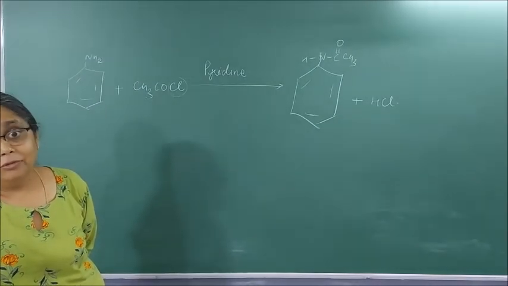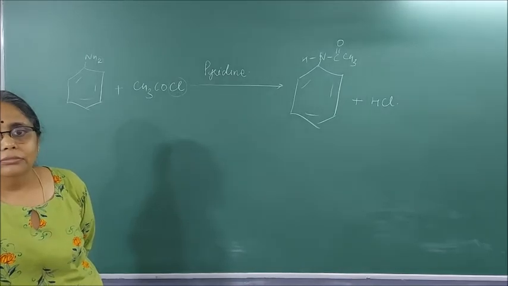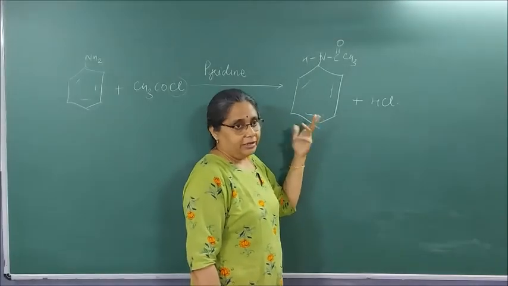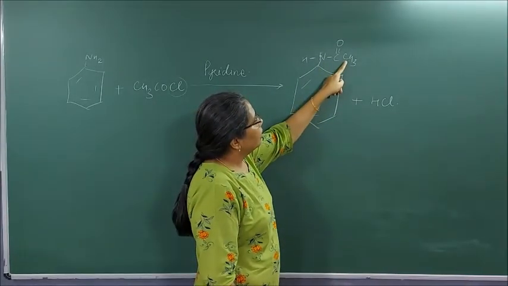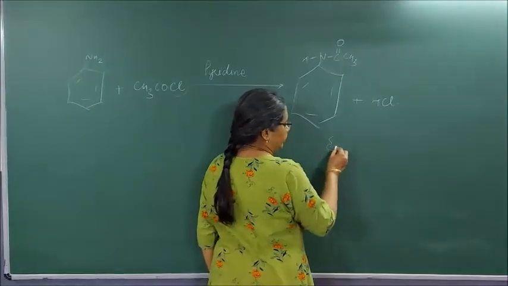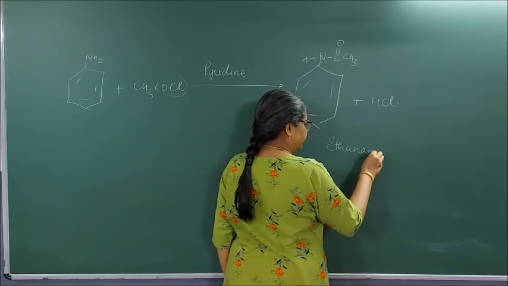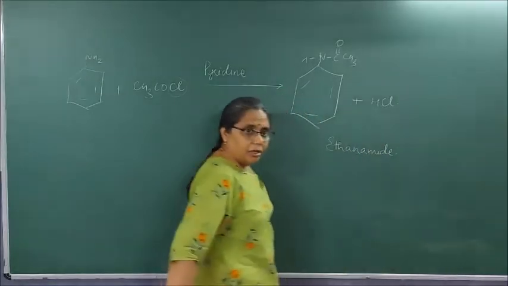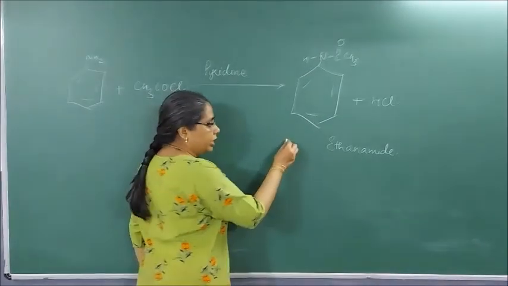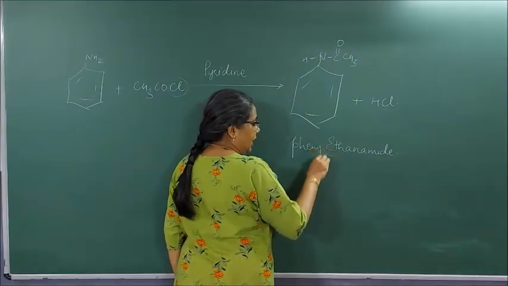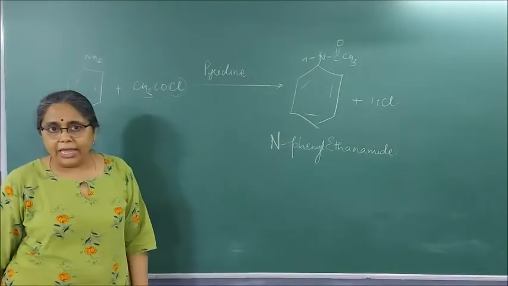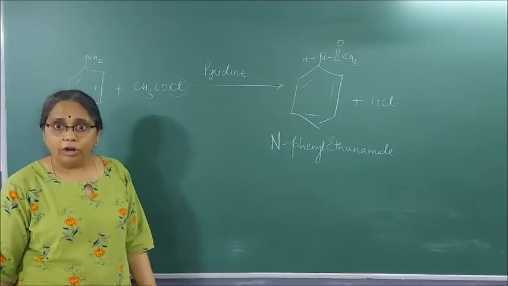See, it is a secondary amide. If it was not there, this would have been CH3CONH2. CH3CONH2 is what? Ethanamide. What did I add to ethanamide? Removing one H, C6H5. So what did I add? Phenyl. At which place did I add phenyl? At the N place. So it is called N-phenyl ethanamide or